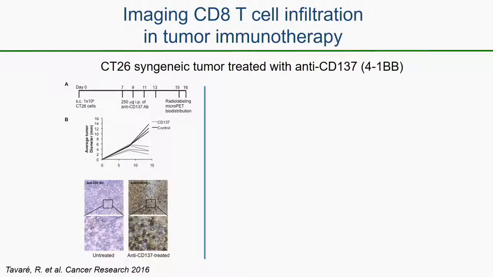And then finally, what we did was to image in cancer immunotherapy models with Tony Rebus's group, where we use a syngeneic CT26 colon cancer model. This is a very immunoresponsive model that many people have used over the years. And in this case, the mice were treated with an anti-CD137 41BB antibody, which is a systemic immune activator. When you treat those mice that are bearing these tumors, the tumors will slow down and then eventually regress by day 20. So what we did is we looked at day 15, both by micropet,